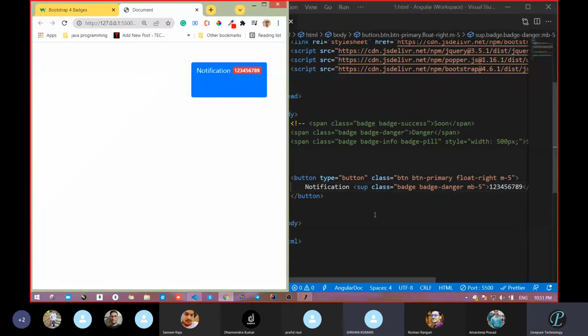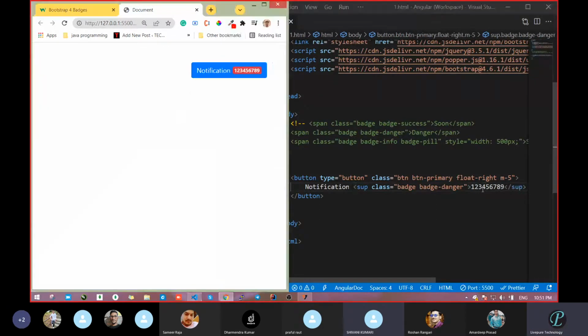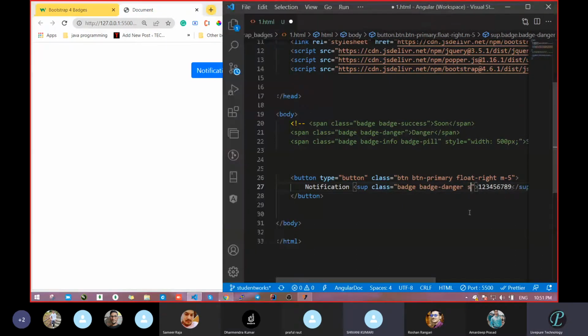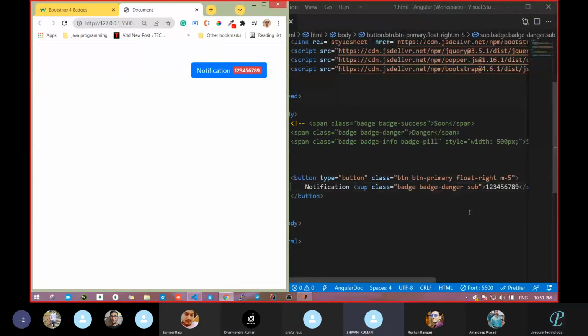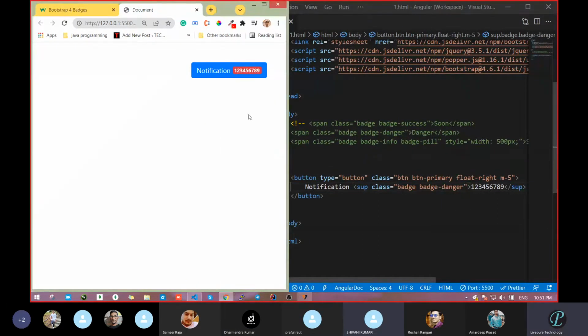I don't know whether it's looking like there or not, because we took a margin bottom. Remove this. No, I think the class name is something. SUB. Subscript, sir, it's not a class. Okay, no problem. You can search there and you will get that. In the first or second class itself, I think we covered superscript or subscript. We can get that.